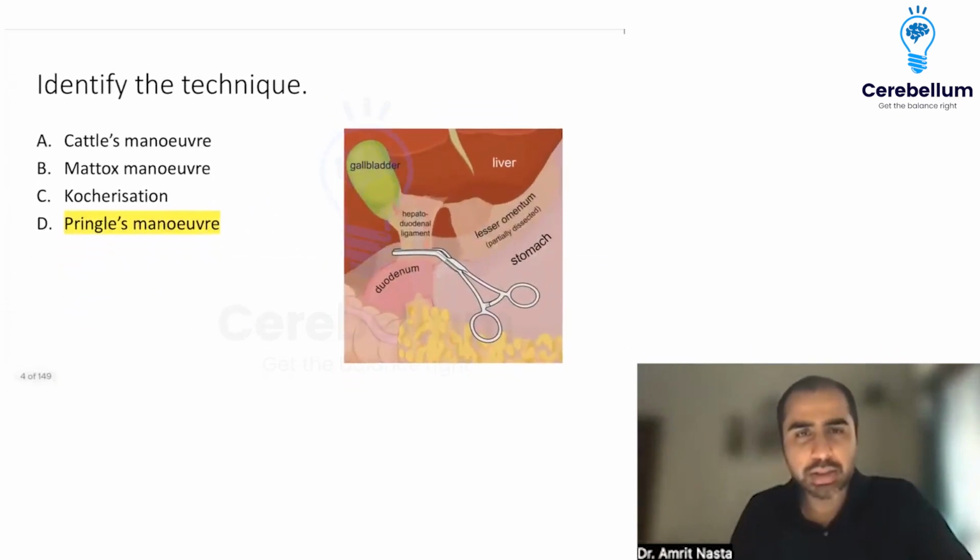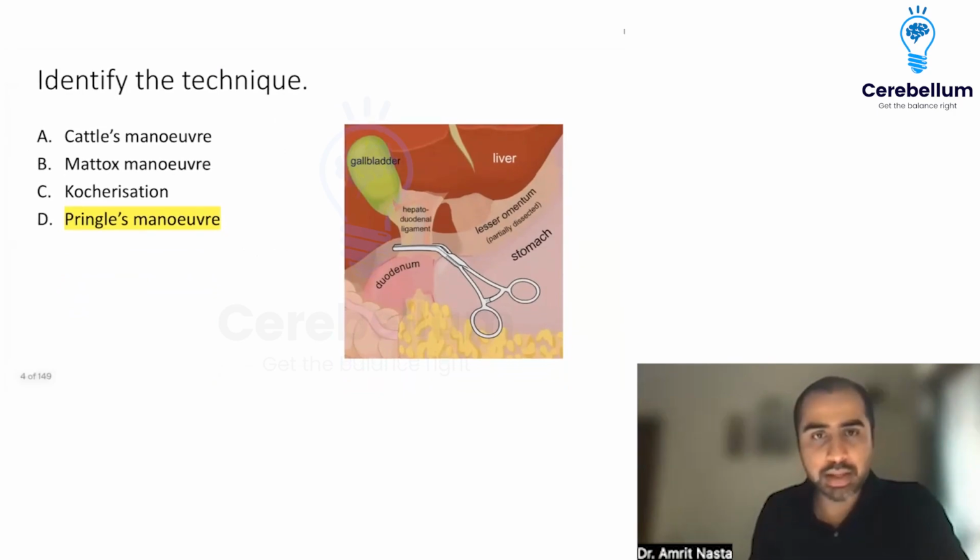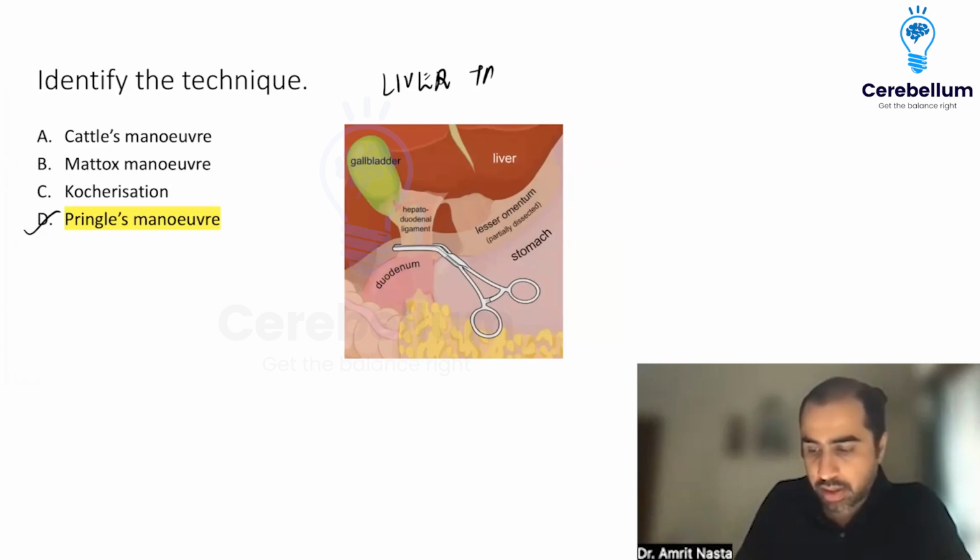Okay. This question came in one of the FMG papers, so I've put it here. Very nice question. What is this that you see? क्या दिख रहा है इसमें आपको? This is Pringle maneuver. We discussed this in the class also. So this is going to be Pringle maneuver. And where is this done? This is done in liver trauma. Right. Pringle maneuver is done in liver trauma